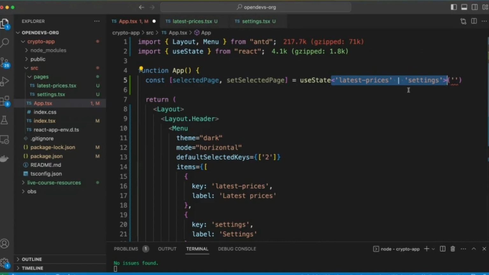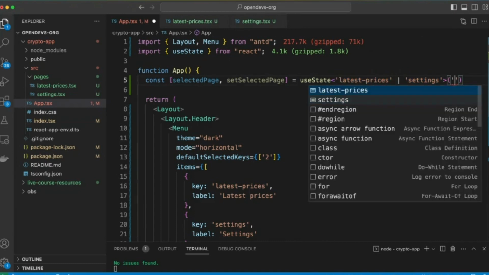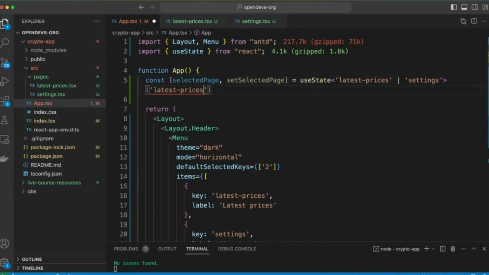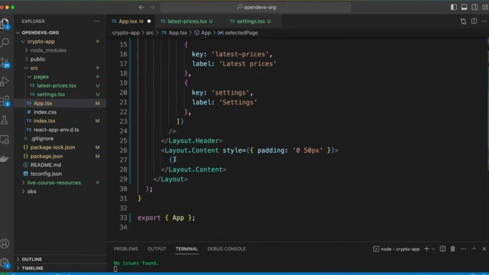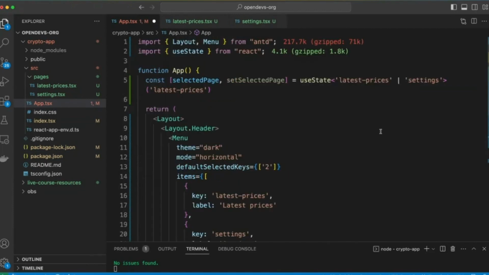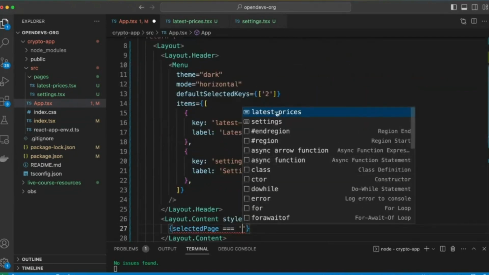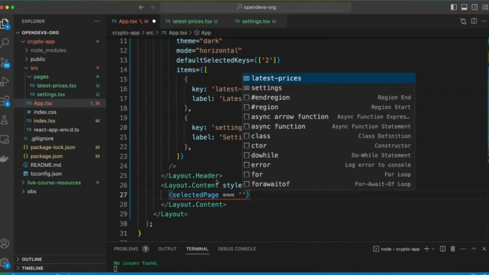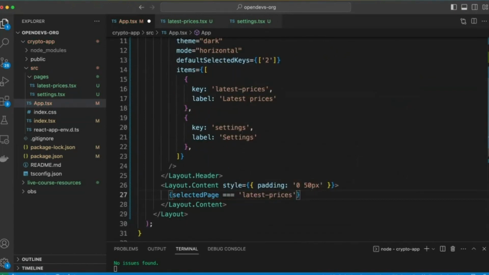So I'll just get back the types, and see that latest prices and settings both are there. I want that by default stay on latest prices page. And I will write a conditional here. If selected page is triple equal to latest prices, again, you see this auto completion is enabled by just this type safety only. If I did not have this, then it would not have given me this auto completion and no type safety. So let's say latest prices, and basically when this condition is true, I want to render